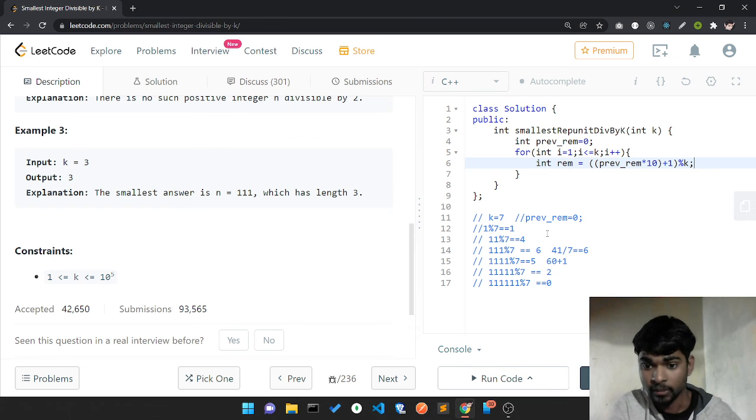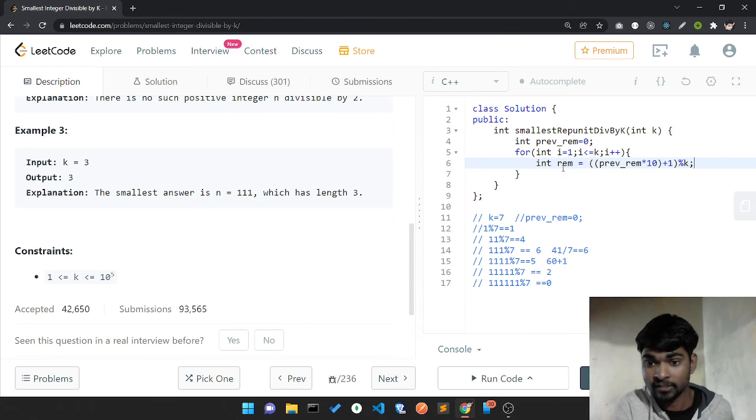What I'm doing is previous remainder multiplied by 10, I add 1, and after that I take the modulo. It's going to represent my current remainder.